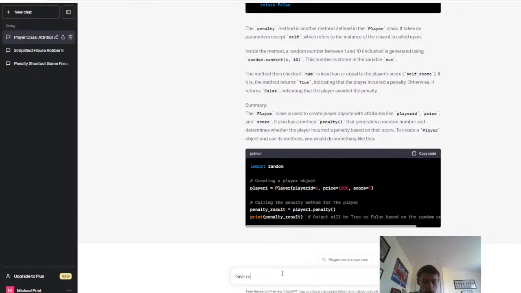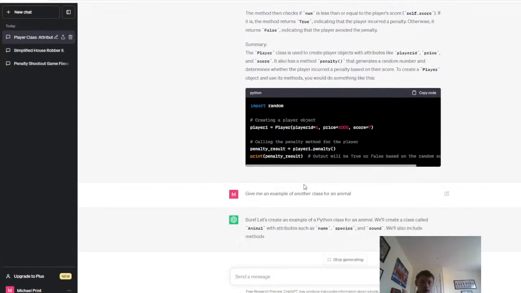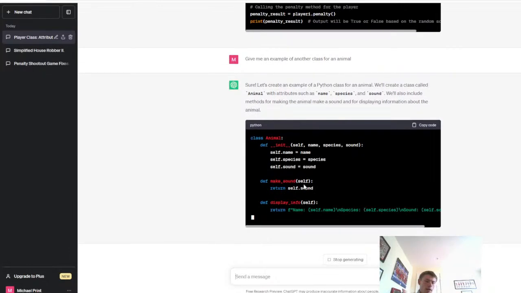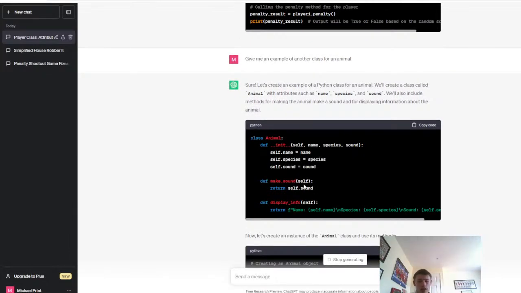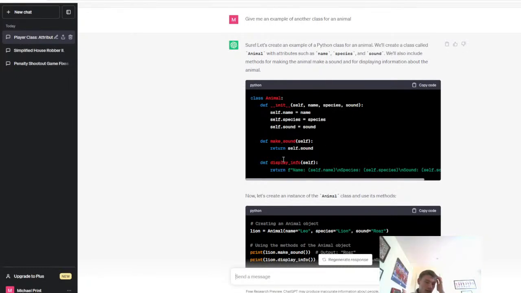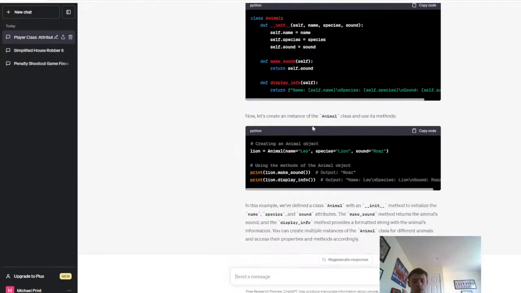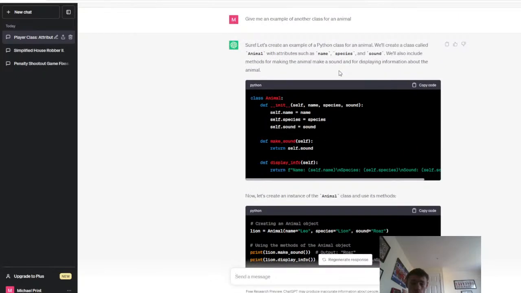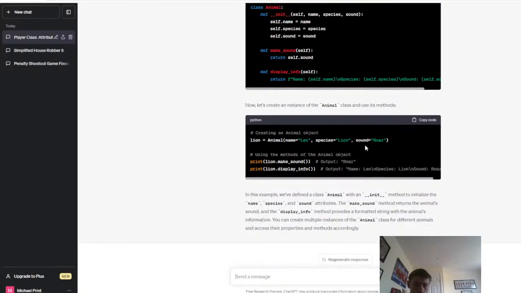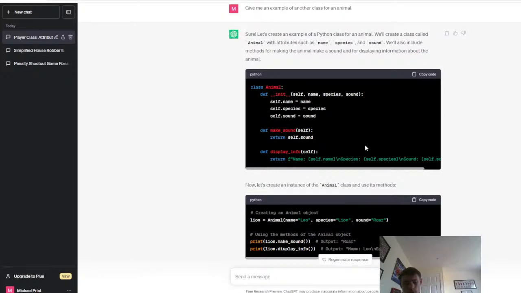So like, give me an example of another class for an animal. So let's say I wasn't quite sure about how to define a class, what a class does. I can create another example, ask it to make me that, and it will basically just create the same sort of things you'll see in the W3 Schools article, and you can interact with it as well. But there is still a need for the W3 Schools article because